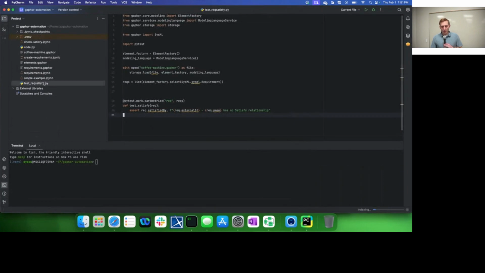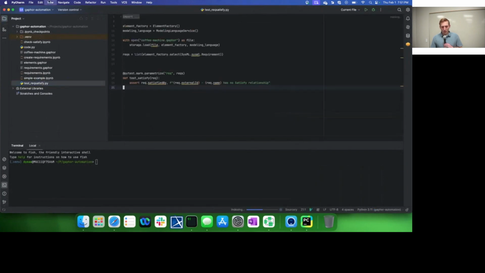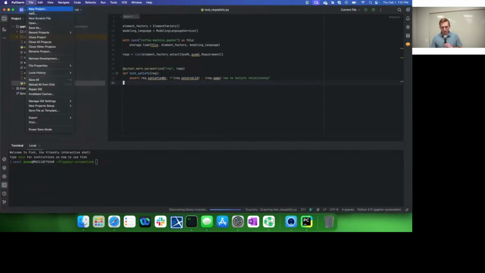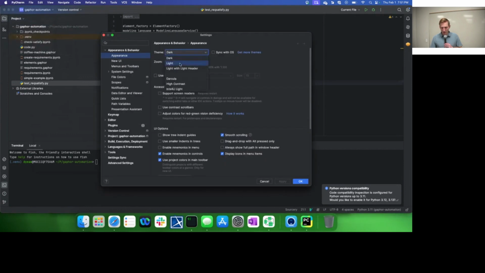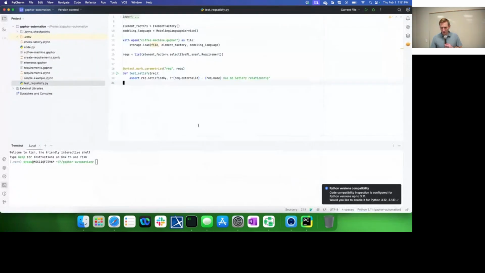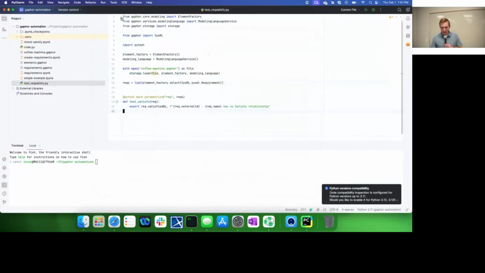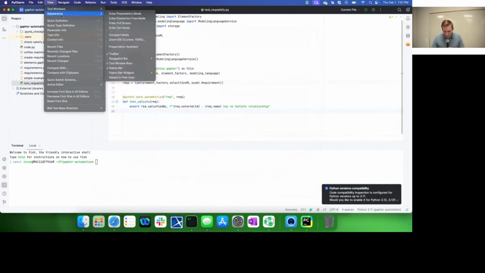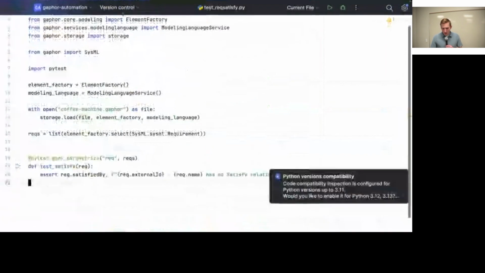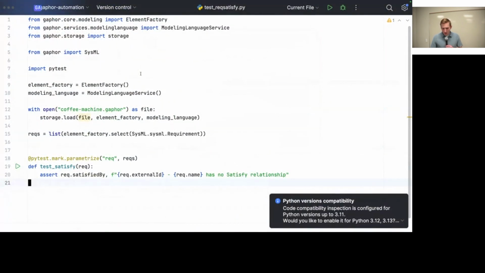So if you create a test, maybe in the room we're turning on the lights, but maybe I could change the light mode. That'd probably help a little bit. Darcula. Okay, and then we can, is that better? Okay. Okay, so we have